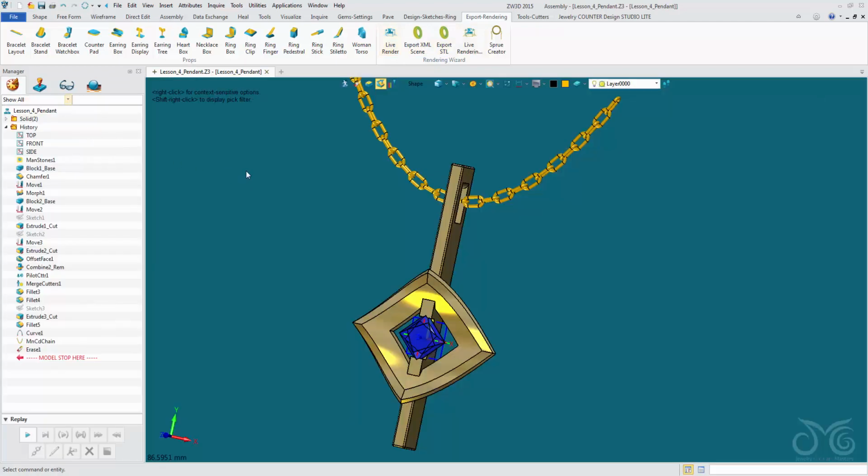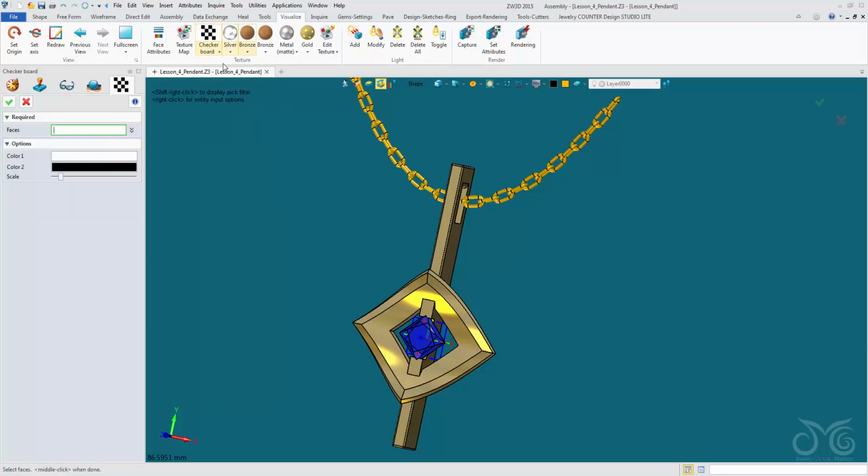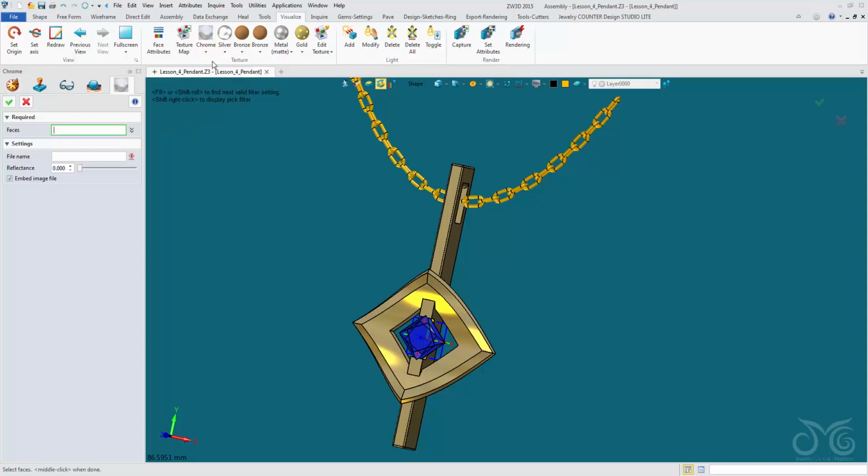But another strategy, instead of live rendering, we can add our own textures to our shapes. There are a series of Jewelry CAD Dream textures that we can find within our resource files. We can add these metal textures or gemstone textures onto our shapes by coming into the textures panel, and under this drop down panel here, you may normally see it as checkerboard, but we're going to select the Chrome command. So left click on Chrome,